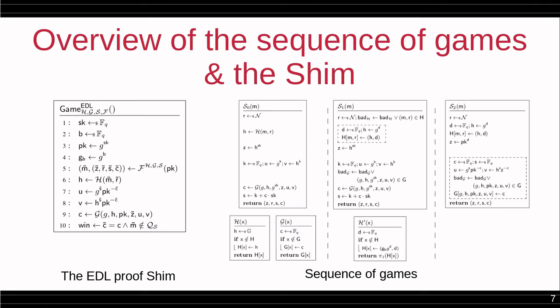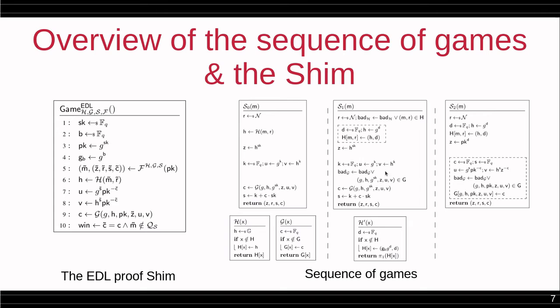For example, when looking at the transition between game 0 and game 1, you can see that we only change oracles H and sign, and it becomes obvious that the behavior of the game can only differ if the behavior of the signing oracle is different between the two games. This only occurs if the adversary somehow guesses the value of R, which occurs with low probability.